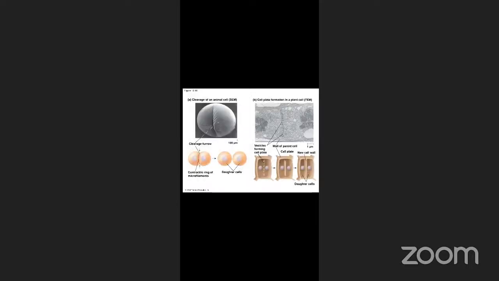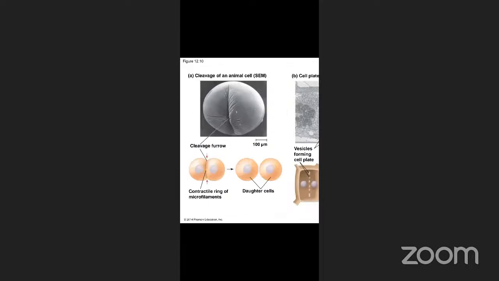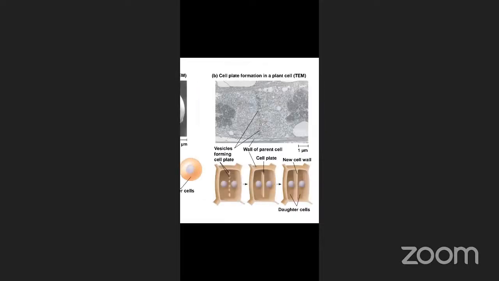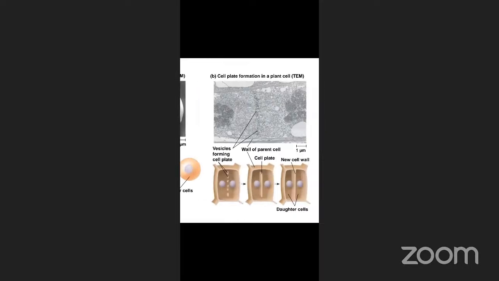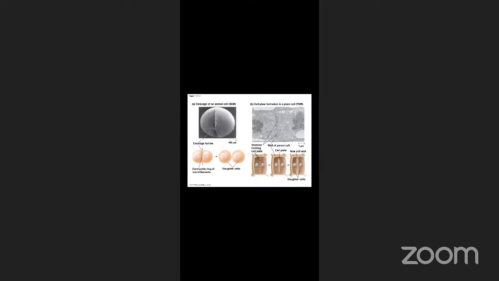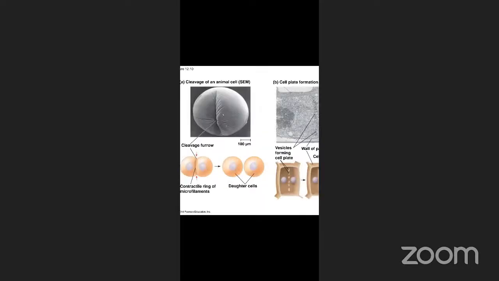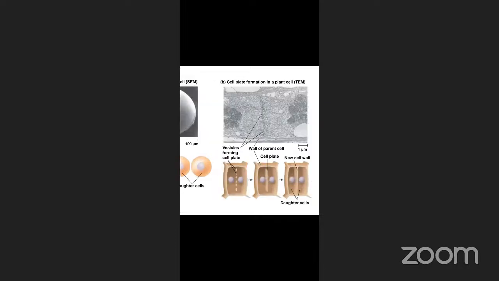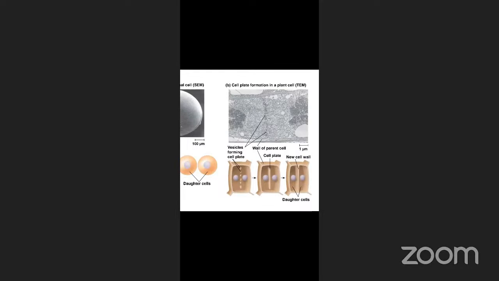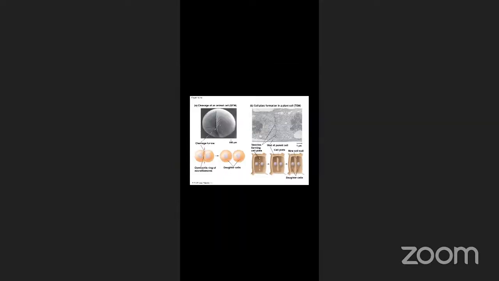So here you can see the animal cell where the furrow, that is a deep bending, is seen here. Okay. So a contractile ring of microfilaments is formed in between. Whereas in plant cells, you can see a cell plate. The animal cell one is an SEM image, that is, scanning electron microscope. And here the plant cell is a TEM image, a transmission electron microscope image. So these are the original images of the